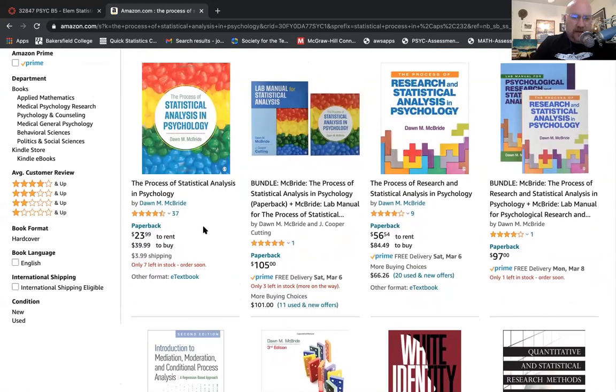It looks like right now there's 7 left in stock on Amazon. It's $40 if you want to buy it. It's $25 if you want to rent it. So not bad, but that's what it looks like right here. See this one with the different color, like jelly beans on it? That's the book you need. If you get a used copy, that's fine. You do not need an access code for this class. I have everything set up for you, but you do need a copy of the book.